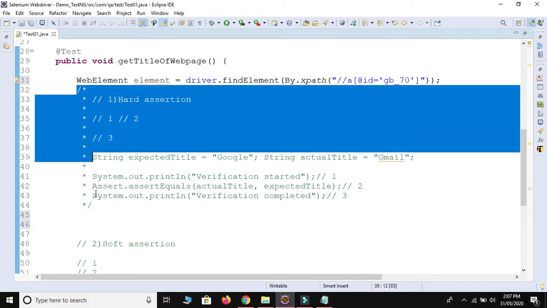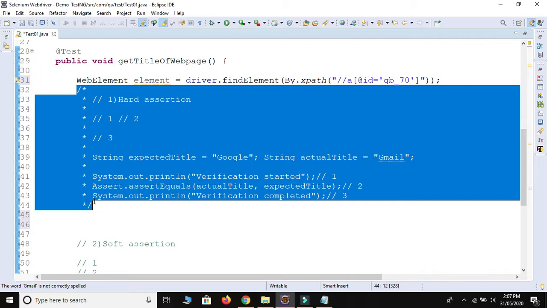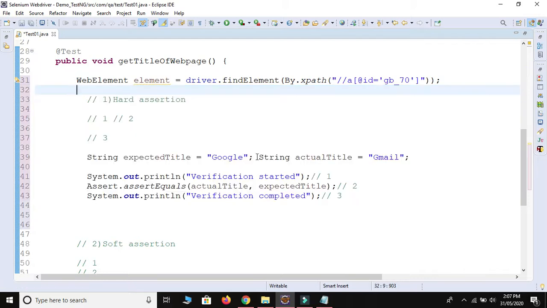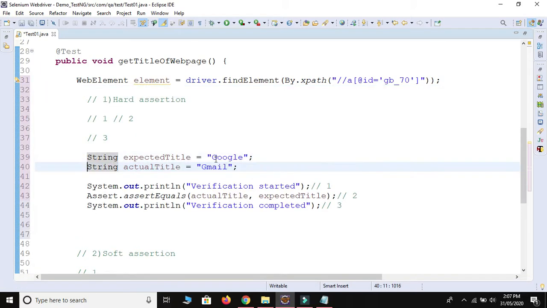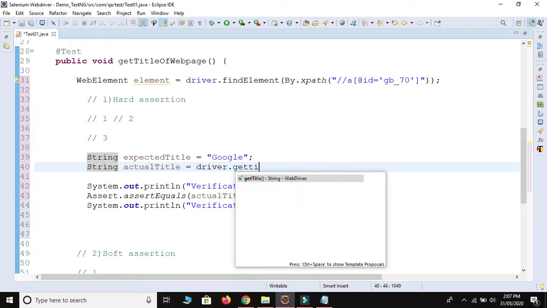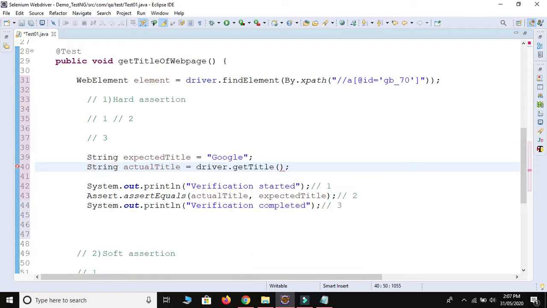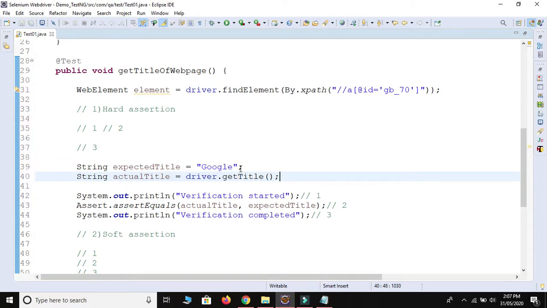Let me uncomment this one, Control Shift and uncomment. My expected title is Google, and the actual title we get from the system, so we use driver.getTitle. Control Shift F and Control Save.